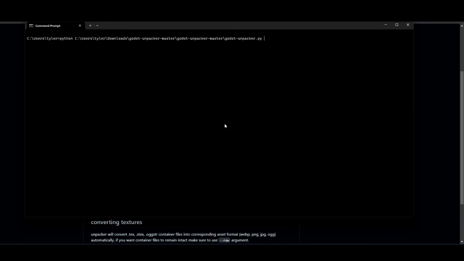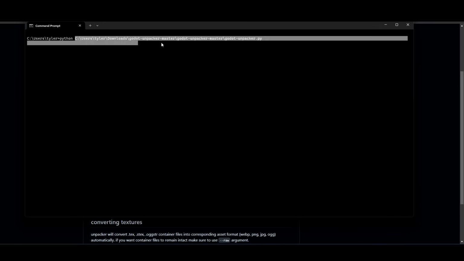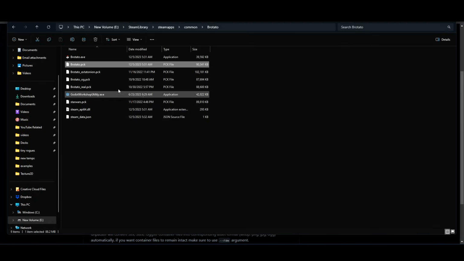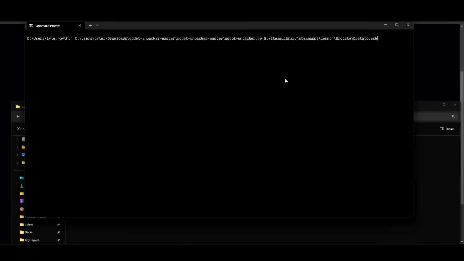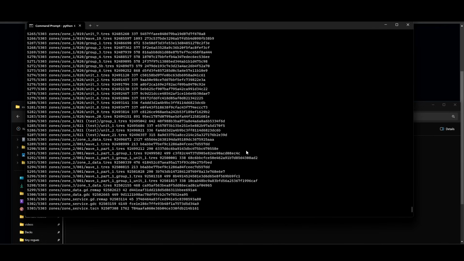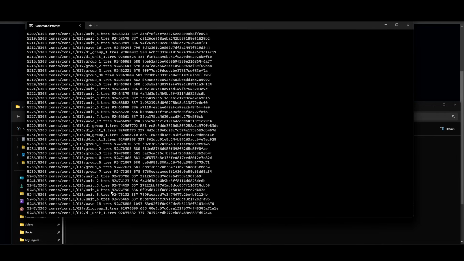So I have a little example here. Here's Python. I have it installed. Here's where I'm storing that Godot unpacker.py file, and then we can actually just grab our .pck here, drag and drop it into here, hit enter, and it is going to unpack all of the assets of Brotato